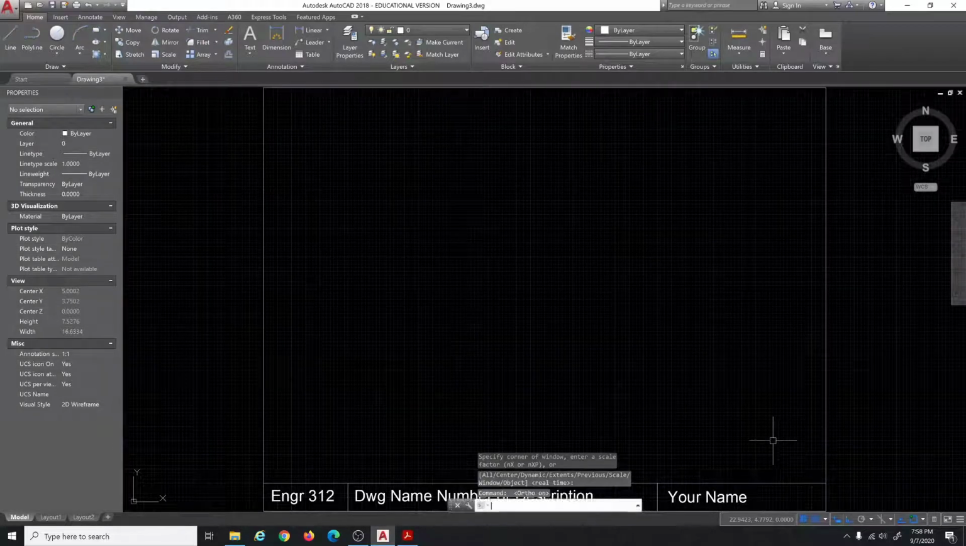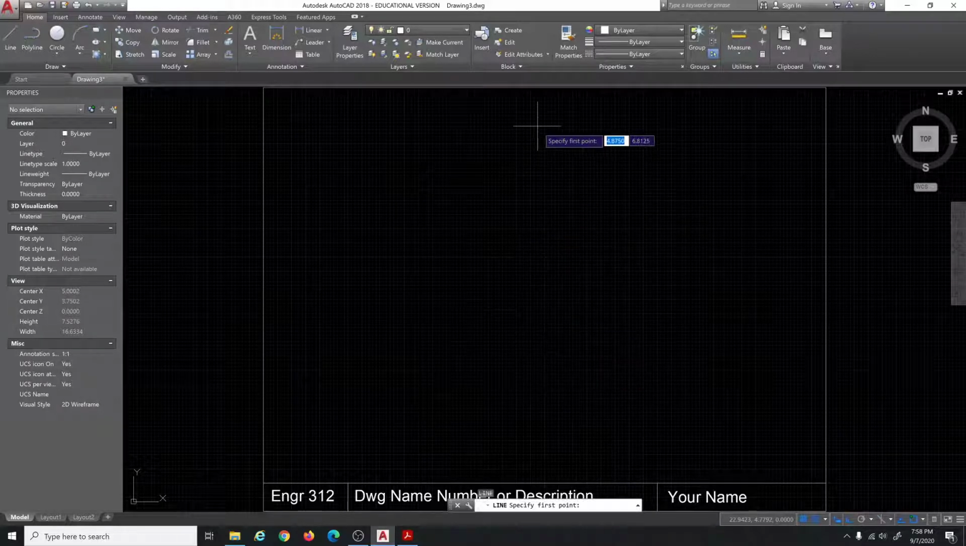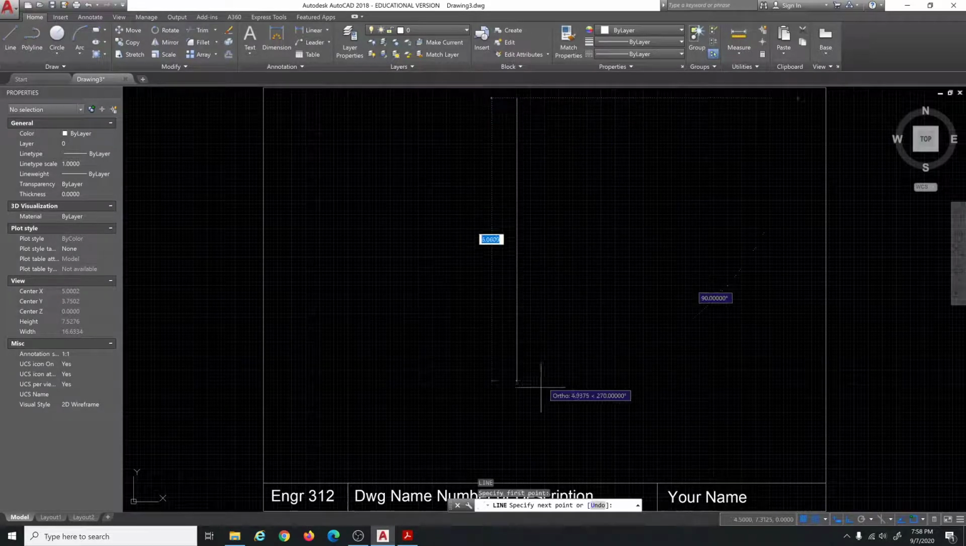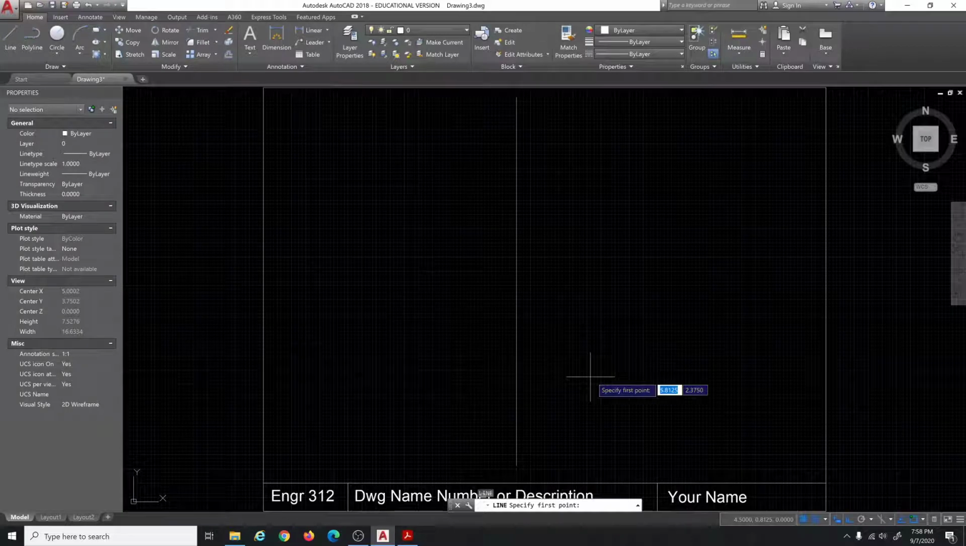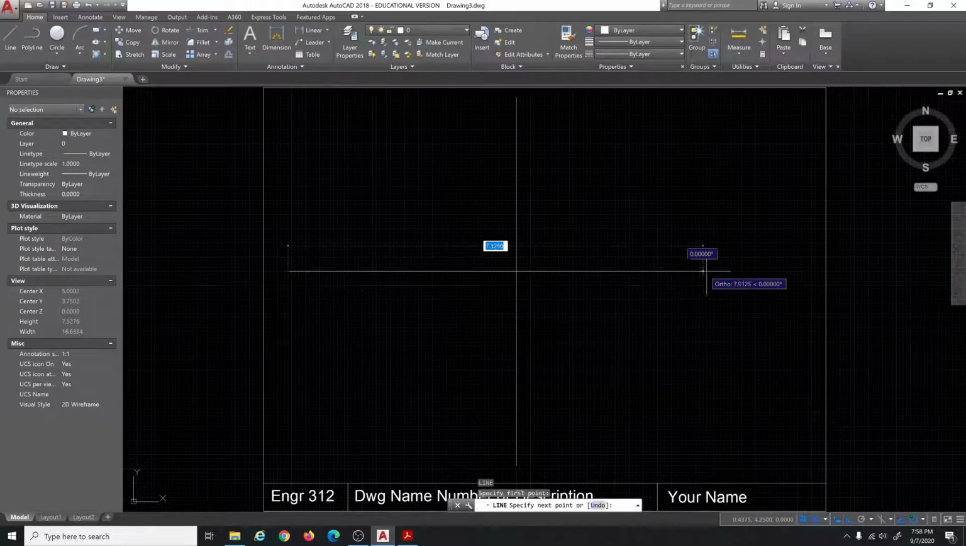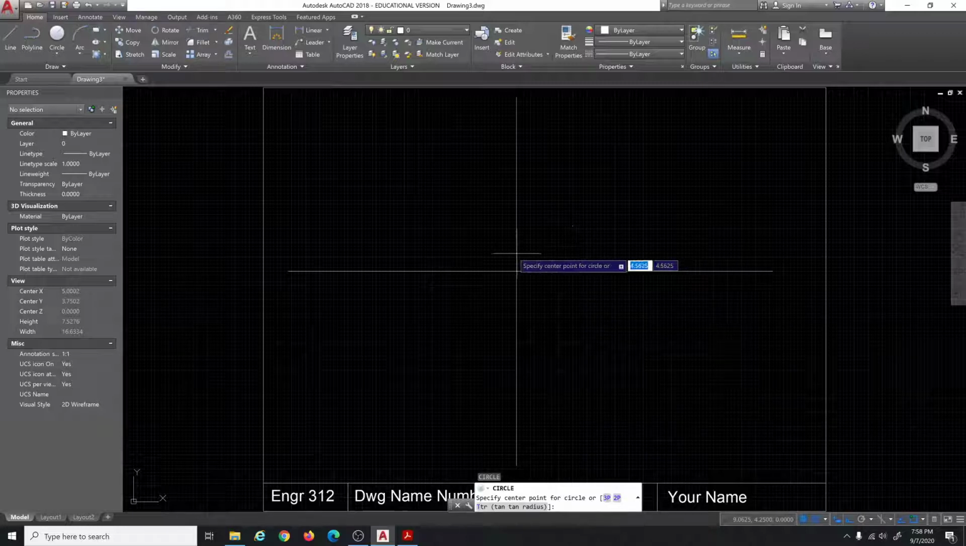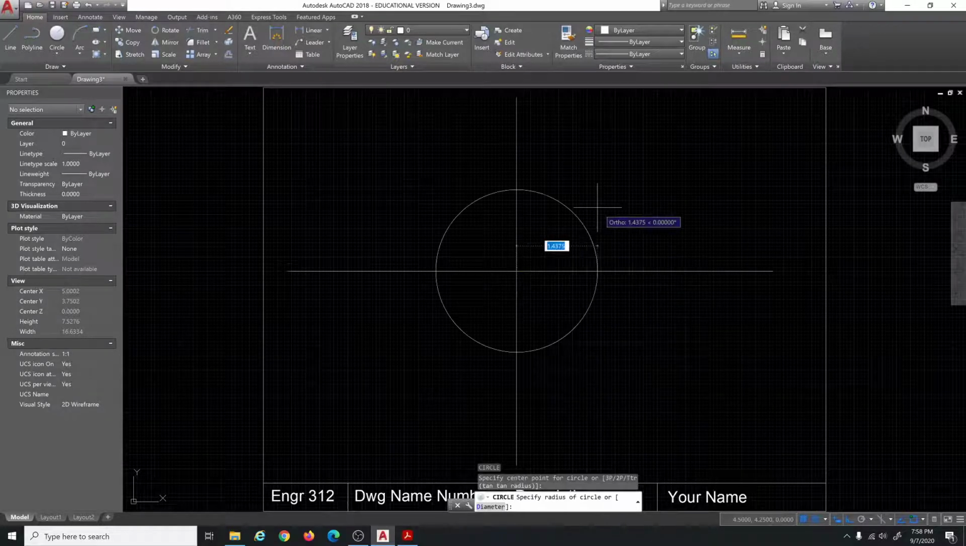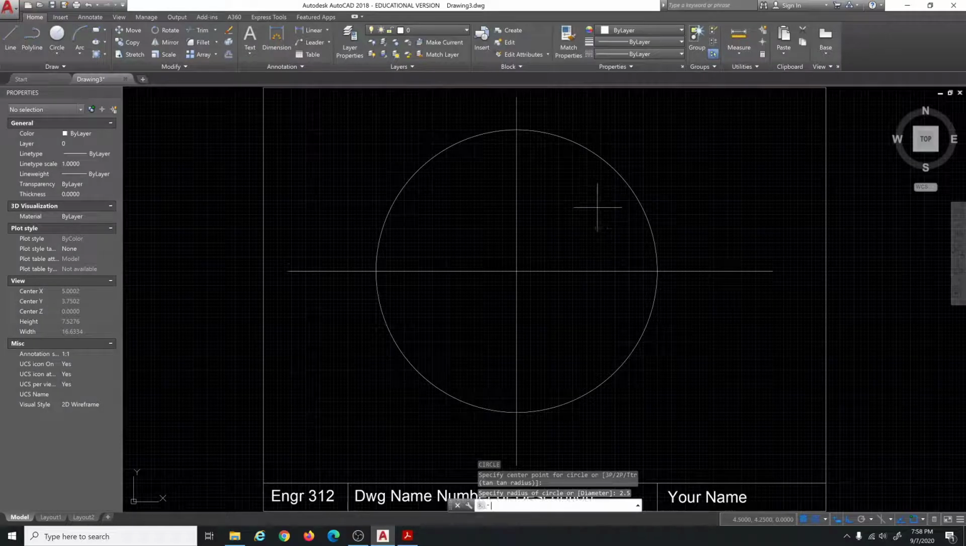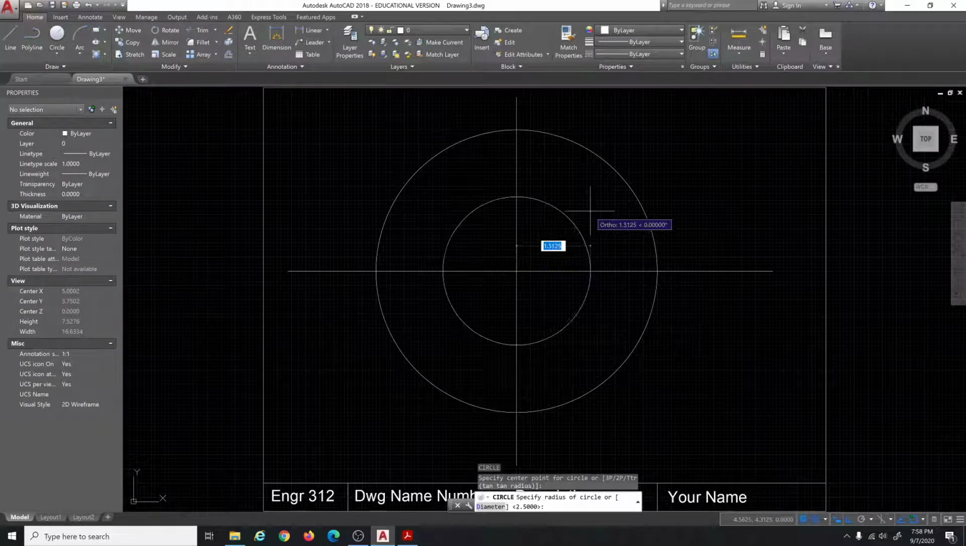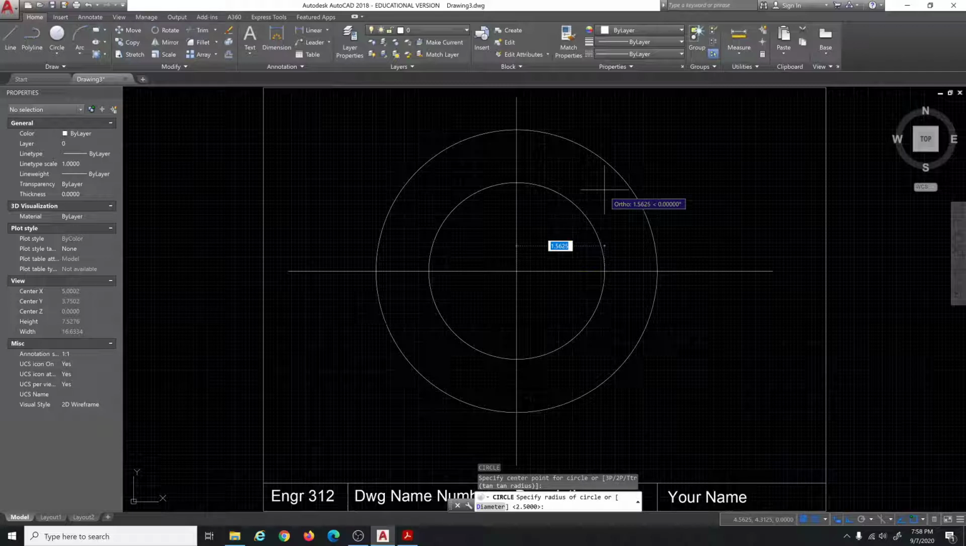Okay, make sure that ortho and grid snap are on, that's F8 and F9, and draw a pair of vertical and horizontal center lines. So there's the vertical center line, enter, enter. There's the horizontal center line, enter, circle. Here at 2.5 radius, another circle here at 2.25 radius,